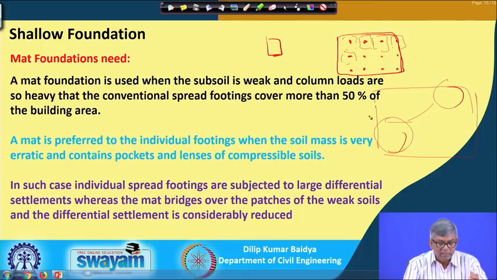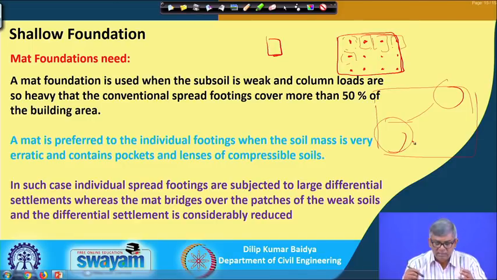And because of these different conditions and different loading, if we design individual footings, then different footings will also settle differently. That means differential settlement may be a problem. If different columns have different loading with too much variation, and the soil is also different, then there is a chance of differential settlement, and there is a limit to it. If it goes beyond that, it creates problems for the building.